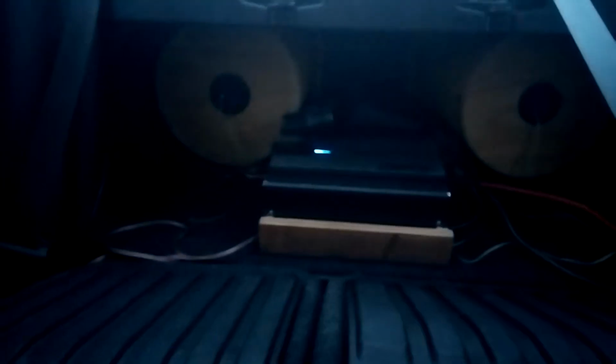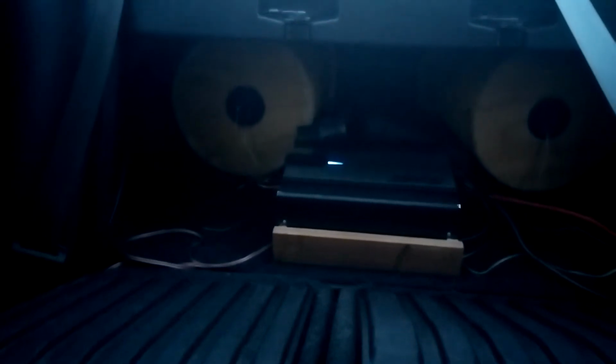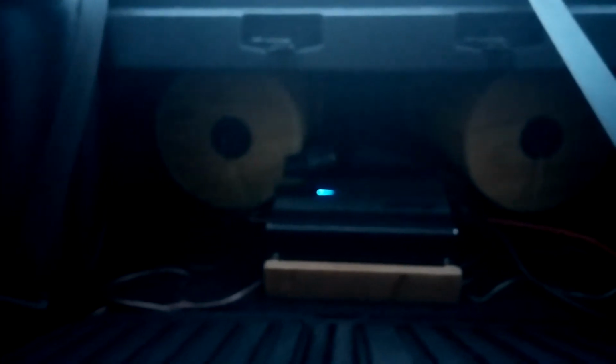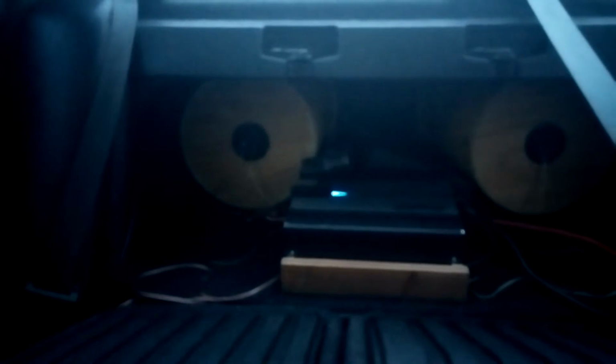But it's pretty basic what I have. I got a Pioneer GM 5100T, 760 watt amp, 2-channel, and two Pioneer TSW 252R 10-inch subs. Pretty old, but I basically got a steal on them, so I'm not complaining, especially because they work pretty well. Not bumping real hard right now, but